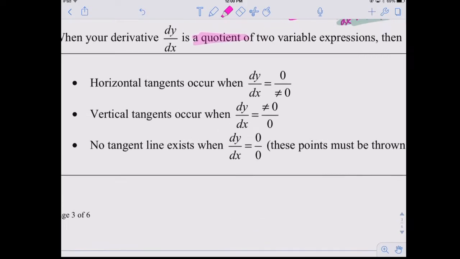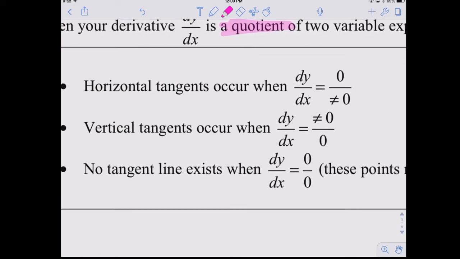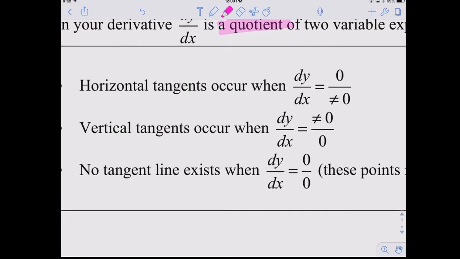So let's just kind of review this. I think we kind of know this, but it's worth mentioning again. Whenever you have a derivative that's a quotient, you're going to obtain a horizontal tangent line when the derivative is equal to 0, right? Anytime a derivative is 0, you're going to have a horizontal tangent line, right? But a quotient is equal to 0 when the what's 0? The numerator, right? Not denominator. The numerator. Good. As long as the denominator is not 0. So any 0 over non-0 in a quotient is going to give you 0, and you're going to have a